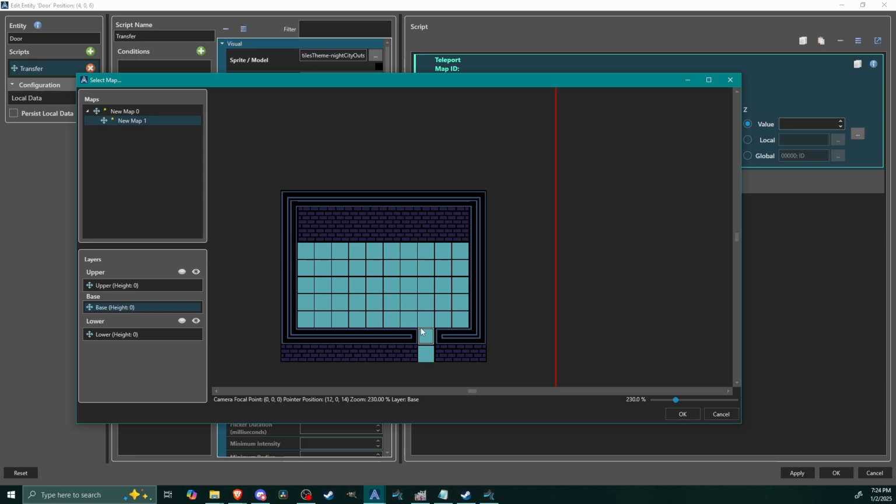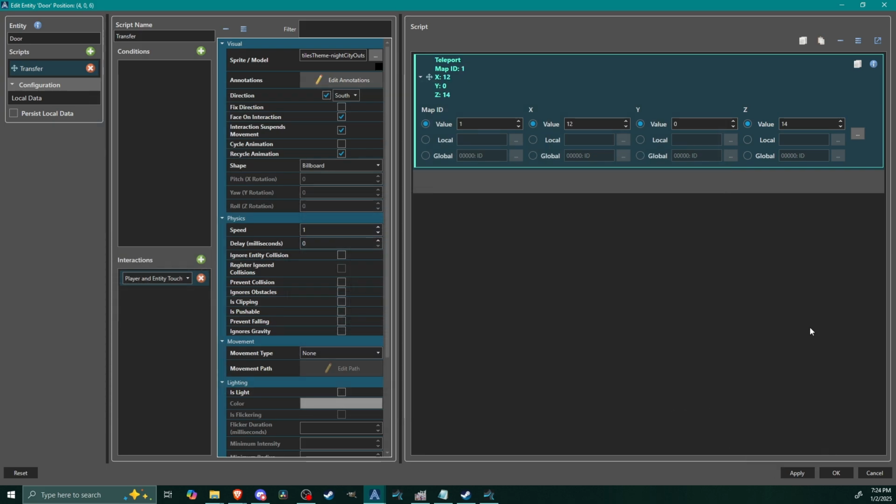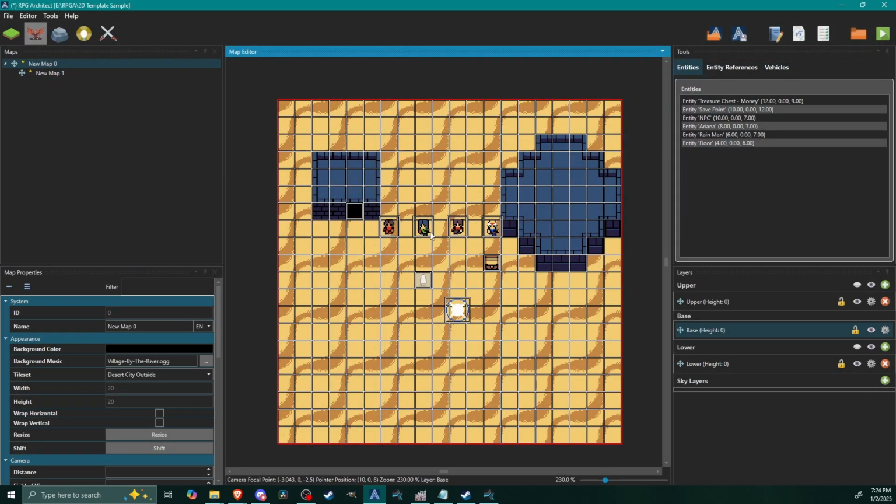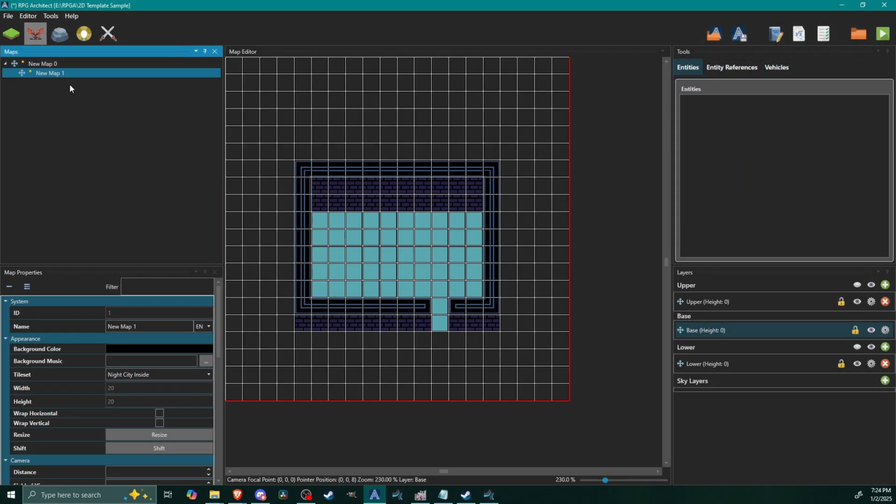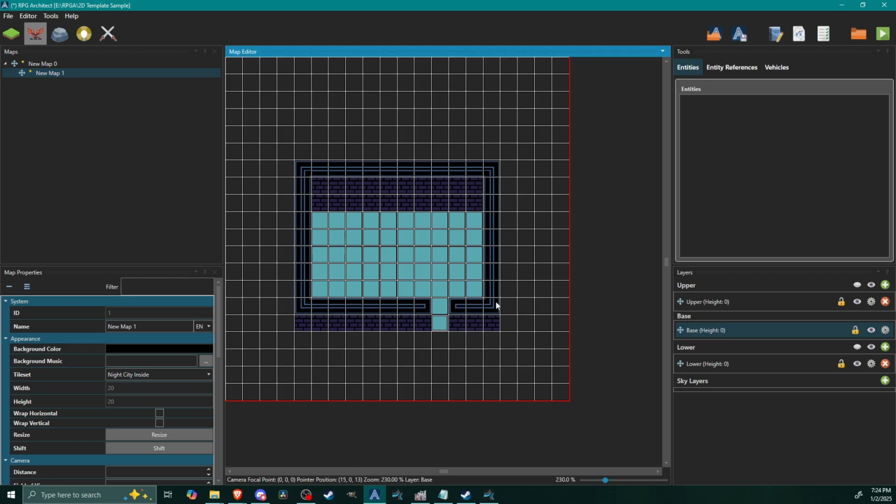And I'm going to set them there so that I can use this space to transfer back outside. So hit OK, and then it auto populates those fields for us. Hit OK, and you can see we got a black door there now. And let me just come over here and do the same thing. I'm going to go to this spot,